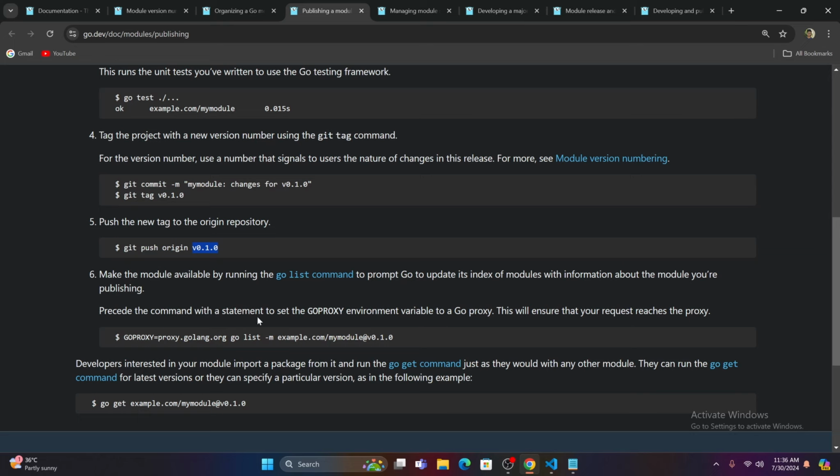Precede the command with a statement to set the GOPROXY environment variable to a Go proxy. This will ensure that your request reaches the proxy. So you can type in the command GOPROXY equals proxy.golang.org, which is the GoLang org proxy, and then you can type in the command go list -m, then your module name. This example.com is just for example purposes, but in your case it would be github.com, your username, slash module name